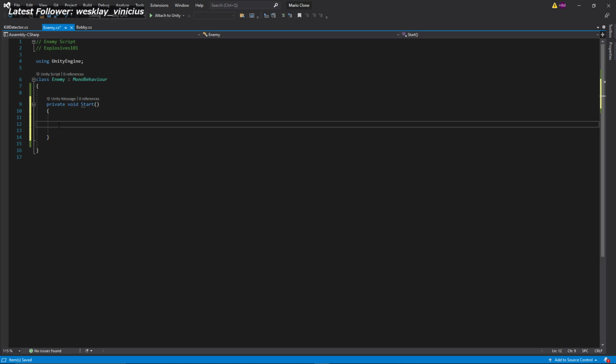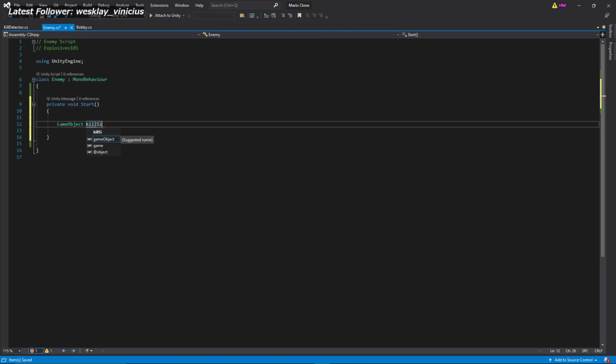And so for void Start, we need to then add game object, for lack of a better term in this case, equals GameObject dot, well, maybe not. We'll do GameObject